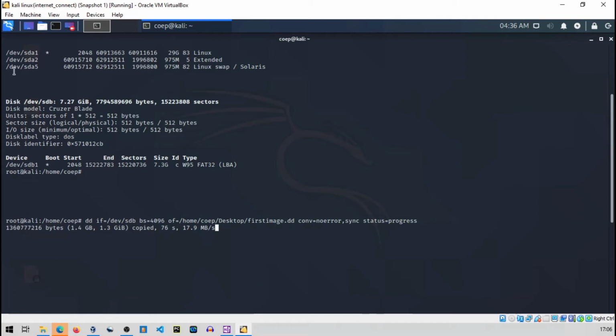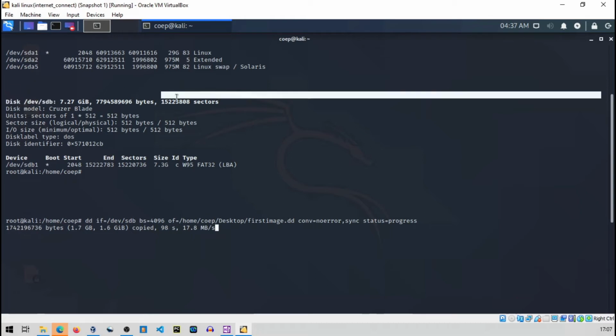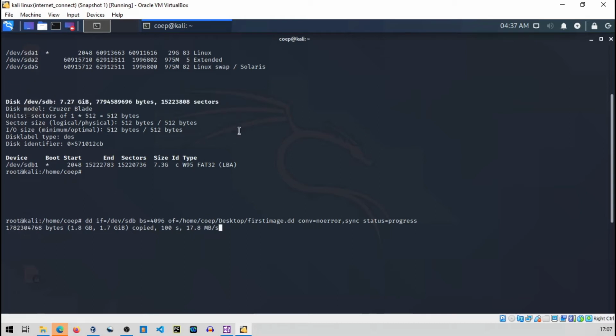Then it will come here like /dev/sd-something, it will give some name to it, and then that 8 GB partition you can use for this command. Okay, remember one thing: don't just play with partitions of Kali Linux. If you are not sure how to do this, just go with this simple pen drive. Just plug in the pen drive and that's it.